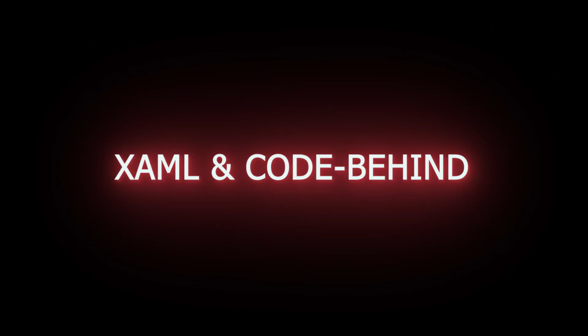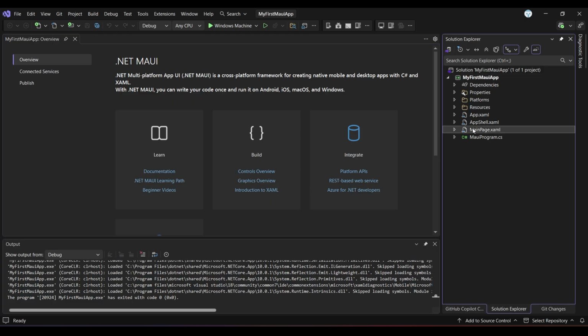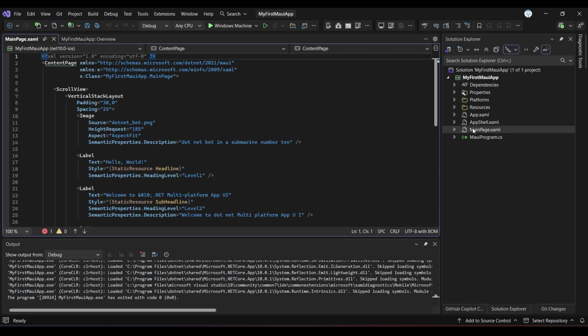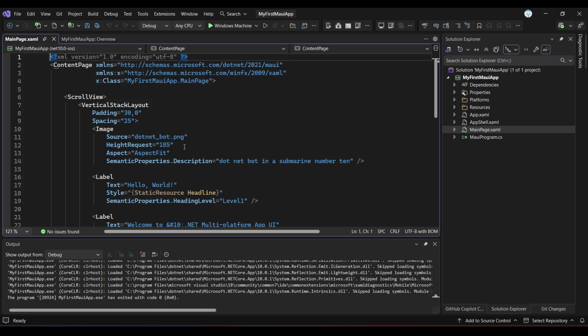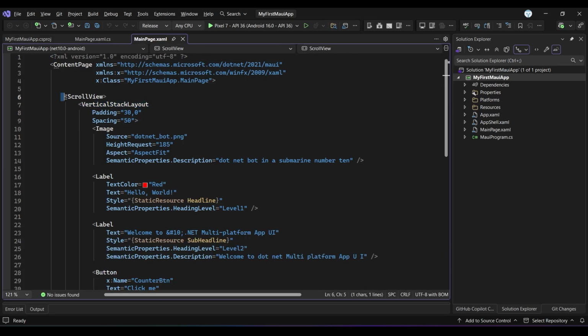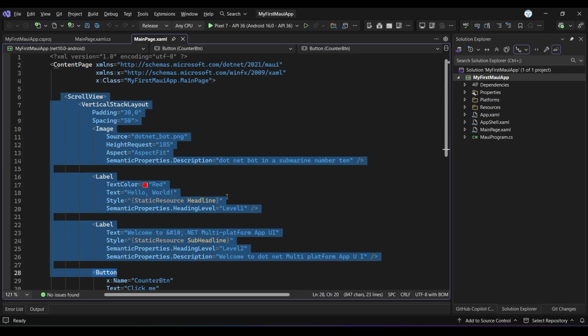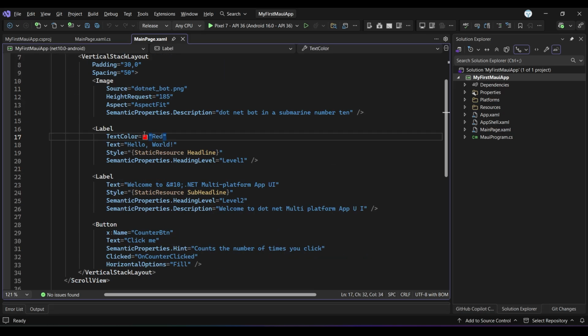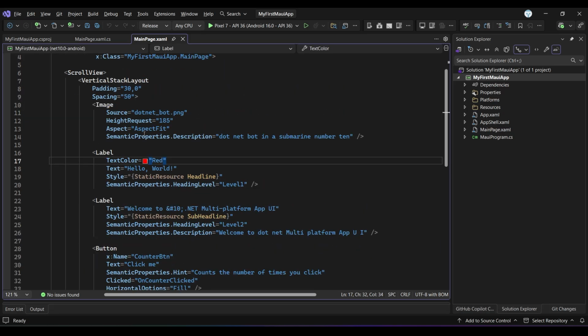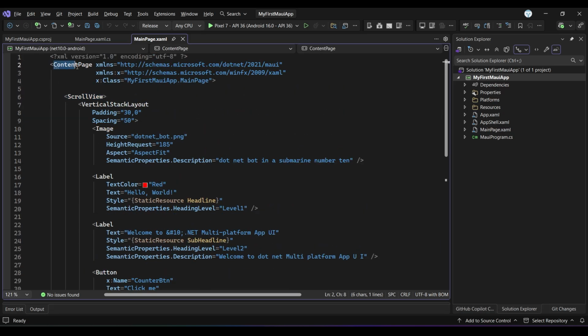XAML and code behind. Now let's look at where the design and the logic of the app comes in. Double-click the MainPage.xaml file. This file is written in XAML, or Extensible Application Markup Language, which is similar to HTML and used to design the user interface for your app. Each tag or control is used to declare elements on the screen, and each one includes properties that define its